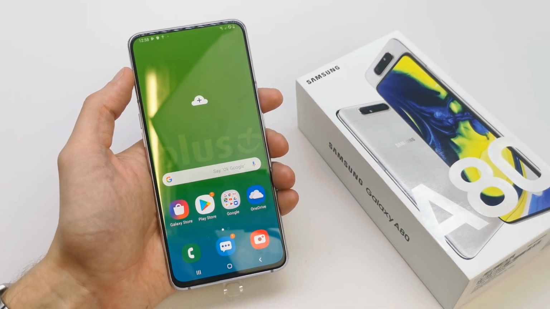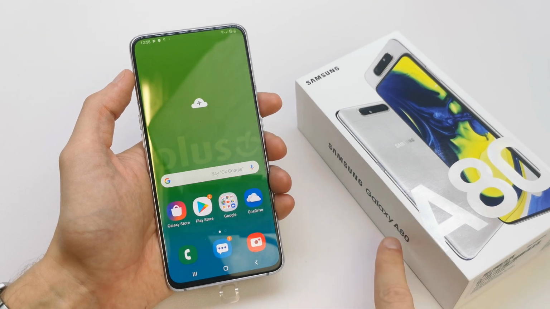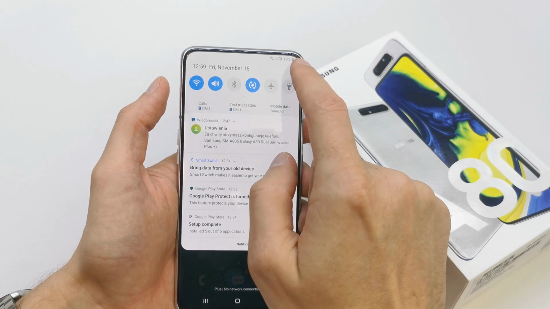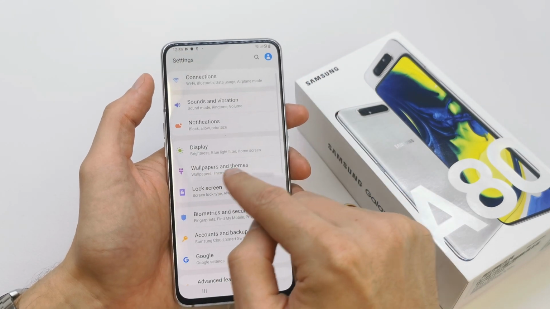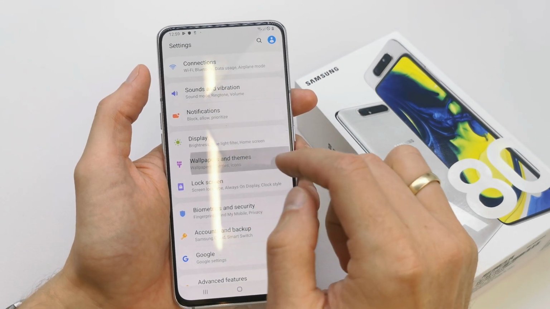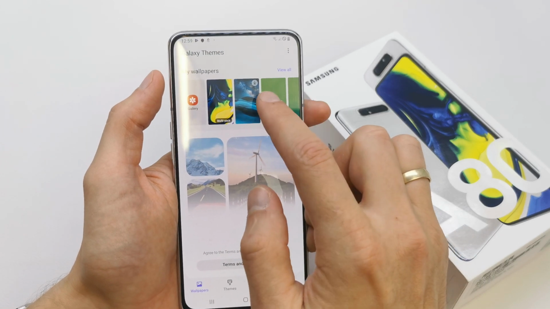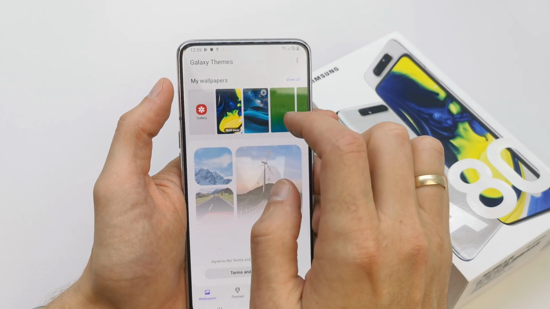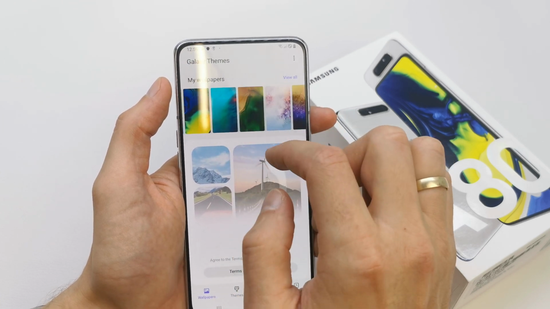Today I'm gonna show you how to change the wallpaper in your Samsung Galaxy A80. To do this operation, go to your settings, the form, and search for wallpapers and themes. Here you have the wallpaper standard of your phone. Just choose one of them